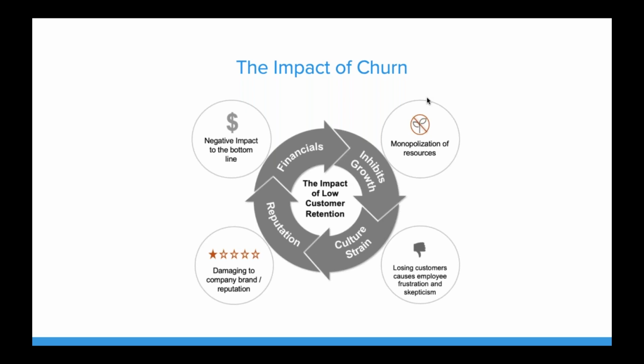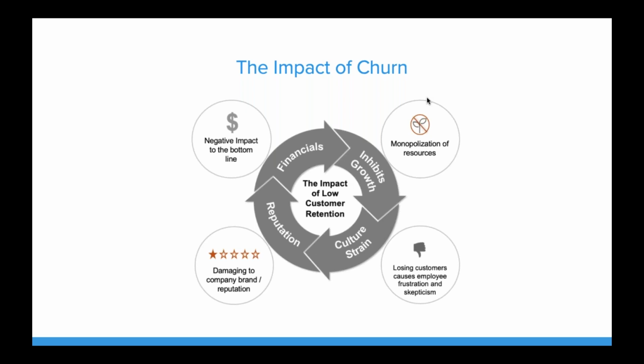Certainly, it can have a more emotional impact as well on the company, more of a culture impact, because the more customers we lose, the more negative feedback we hear, and it just kind of drags down everyone in the company, which in turn translates into lower energy in the office and less of a drive of all of the employees, and even struggling to retain some of our employees in the business as well.